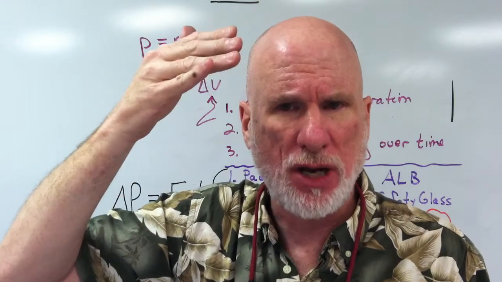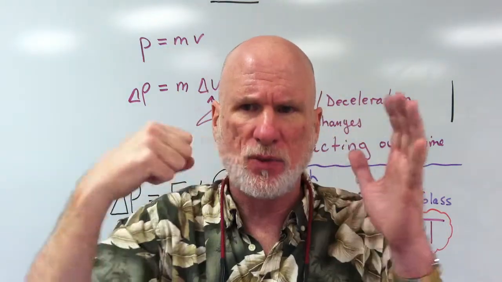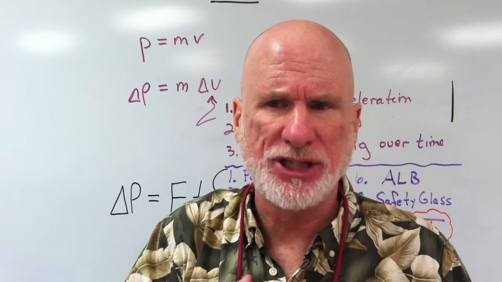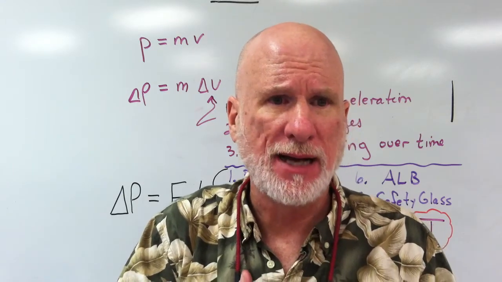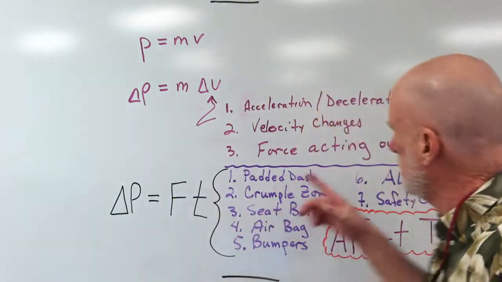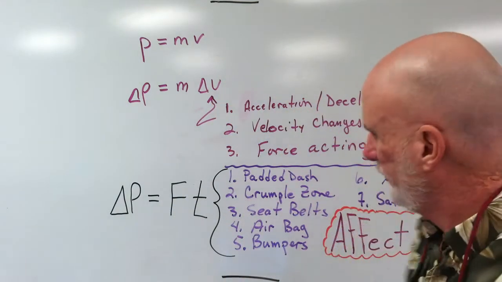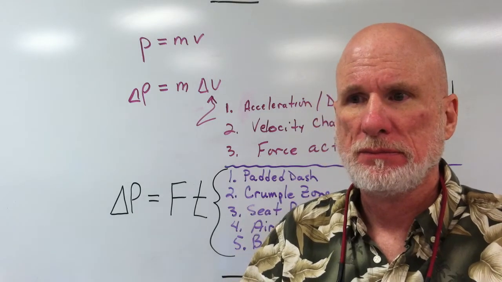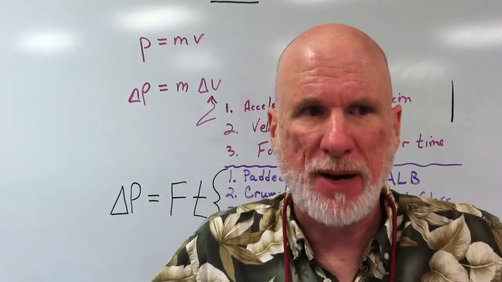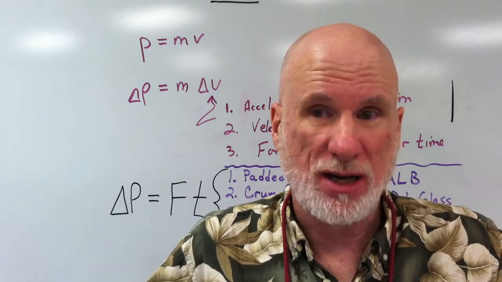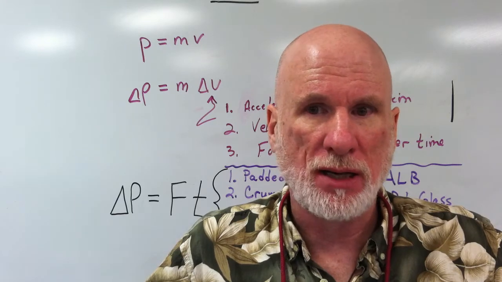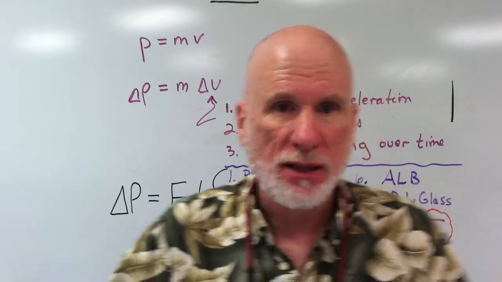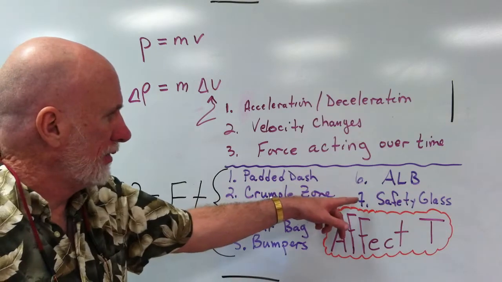Seat belts, crumple zones, that's where the car has that accordion effect when it runs into something. Crumple zones, seat belts, padded dashes, anti-lock brakes, ALB, anti-lock braking, seat belts, airbags, bumpers. When I was a kid, the bumper was really to protect the car. But now, bumpers protect the car, but mainly the passenger, along with safety glass,